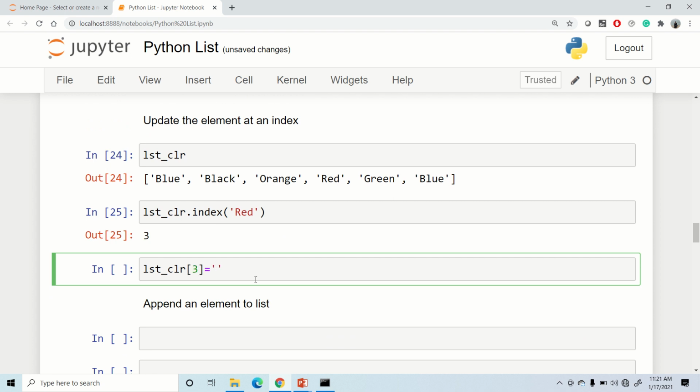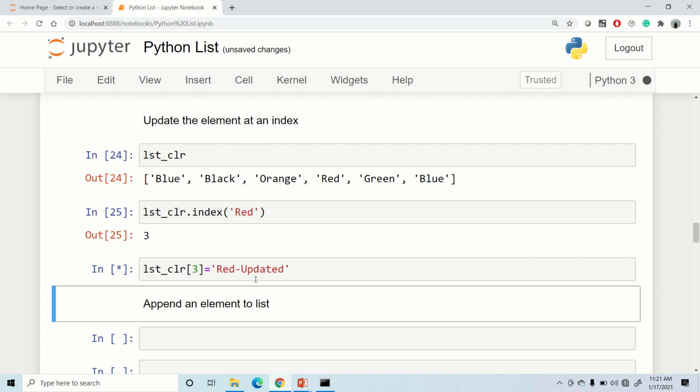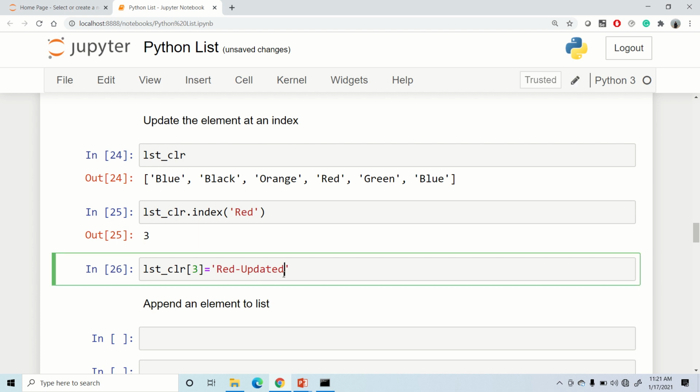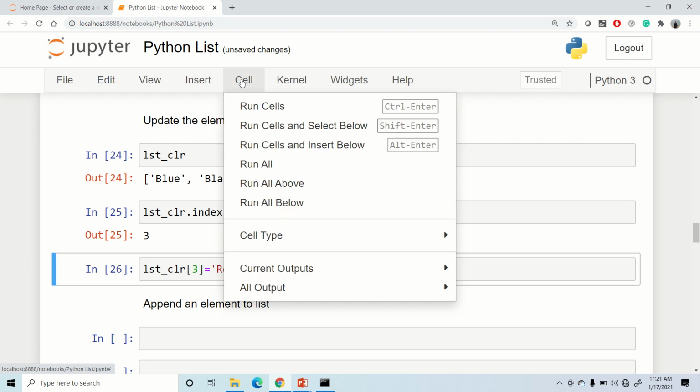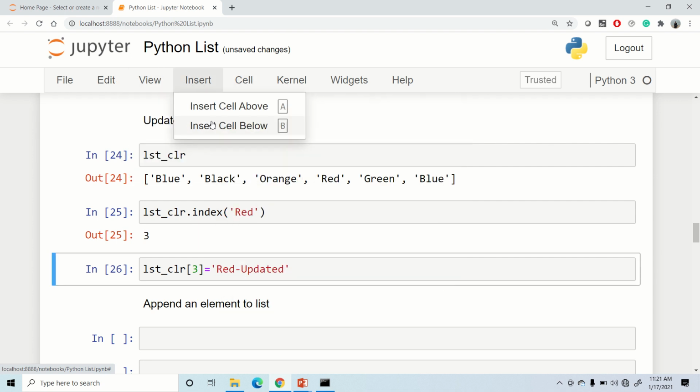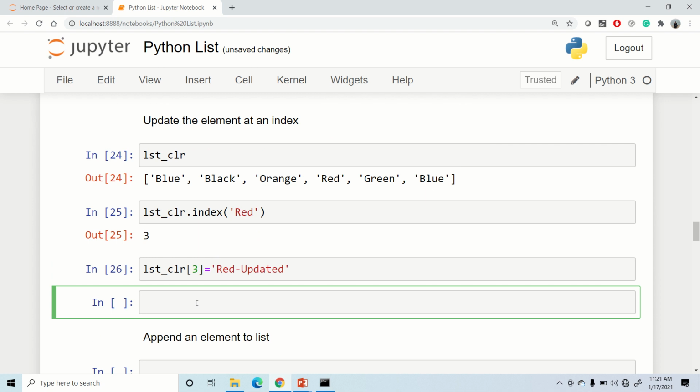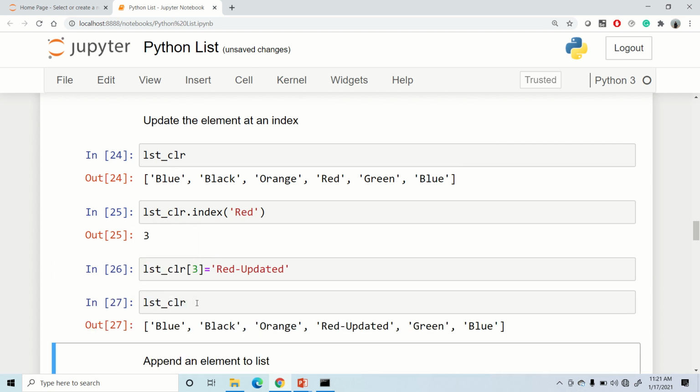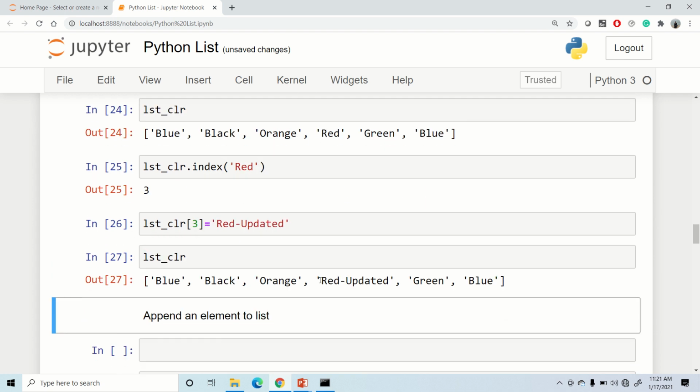Red is updated as red and updated, just to tell you that this item is updated. Let me print this list one more time to see whether it is updated or not. So let's insert a new cell below and print it, so we can see that this element is updated.